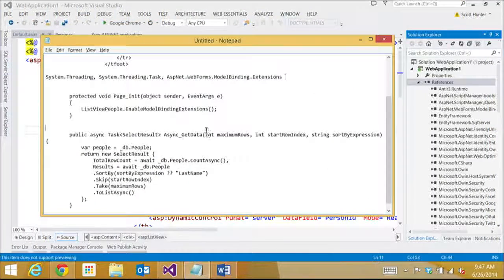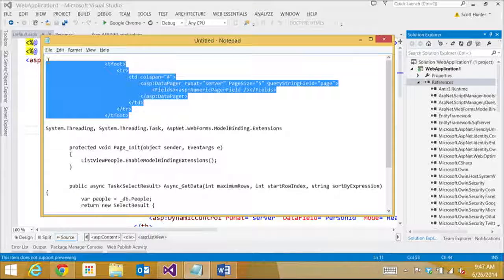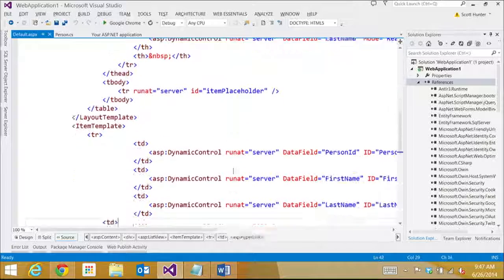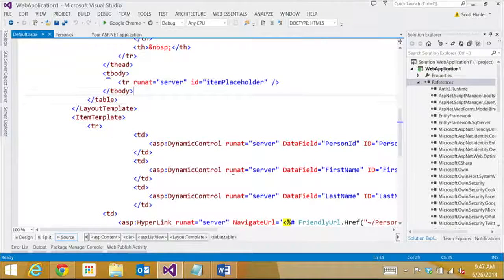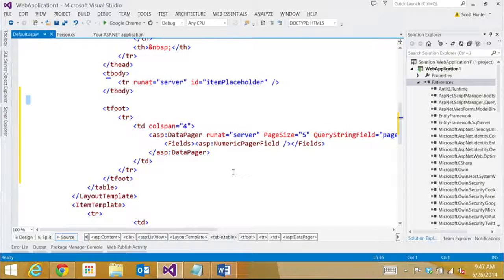So the scaffolding that we have right now doesn't enable paging by default. I'm going to turn paging on here. So I'm going to just go to my list here, and after my body I'm going to add a footer, and in my footer I've got a data pager. So now I've got the ability to page data,